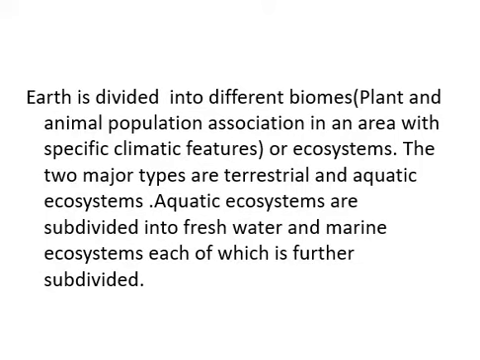Earth is divided into different biomes. A plant and animal population association in an area with specific climate features is called a biome. So Earth is divided into different biomes or ecosystems. The two major types of biomes are terrestrial and aquatic ecosystems. Aquatic ecosystems are subdivided into freshwater and marine ecosystems, each of which is further divided into